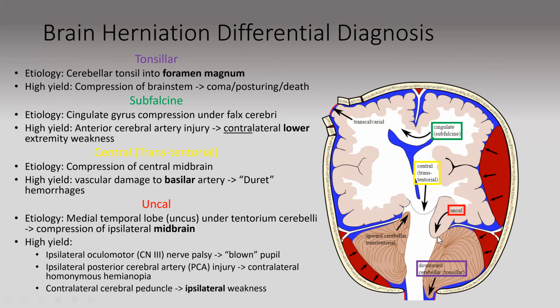So we know what's in the midbrain on this side here. We have cranial nerve 3 in the midbrain. We know the PCA supplies this portion of the midbrain as well. So you can get cranial nerve 3 palsy. You can get PCA compression, which causes a contralateral homonymous hemianopsia. And then sometimes you have to visually think about it. When this compresses and shifts this way, sometimes you can actually have a contralateral